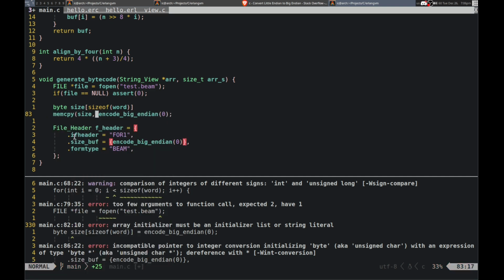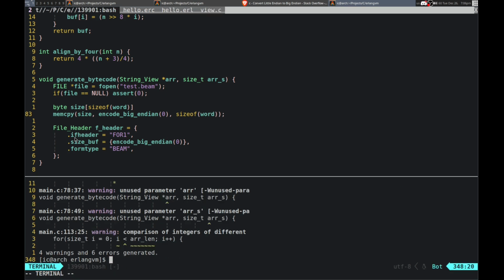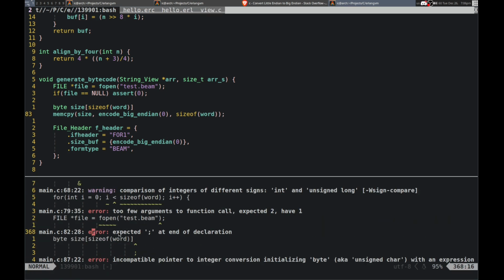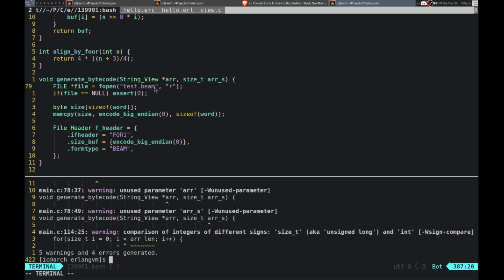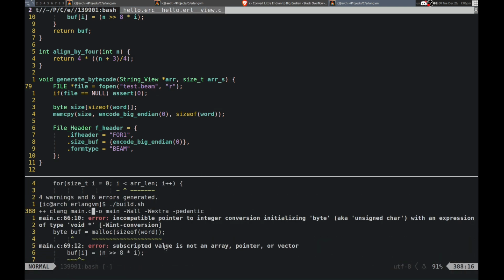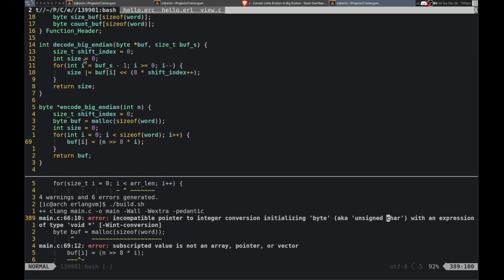Copy inside that. Alright, expected that. This needs to be open for reading. Alright, we have a lot of stuff. So this needs to be a pointer.